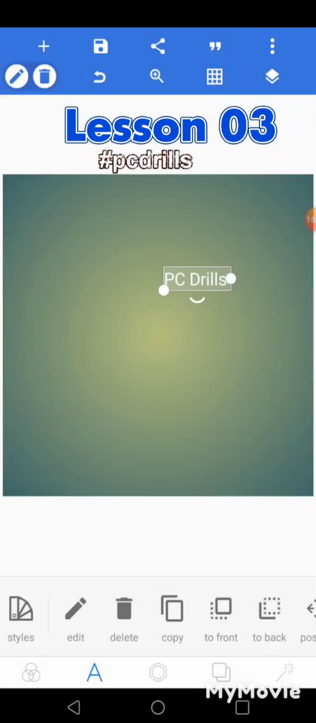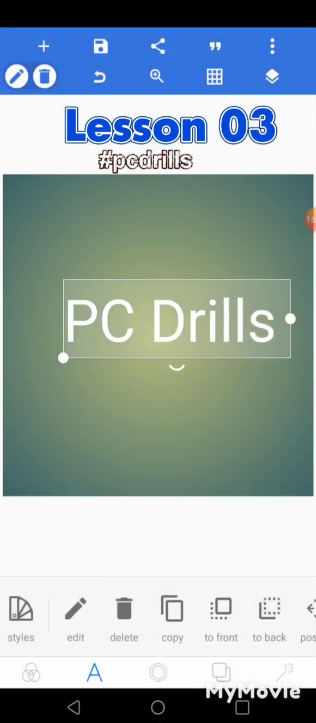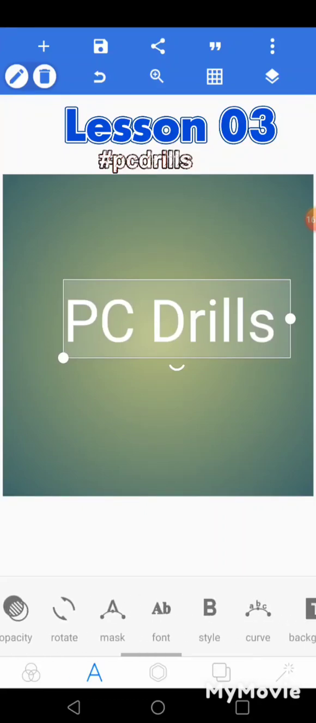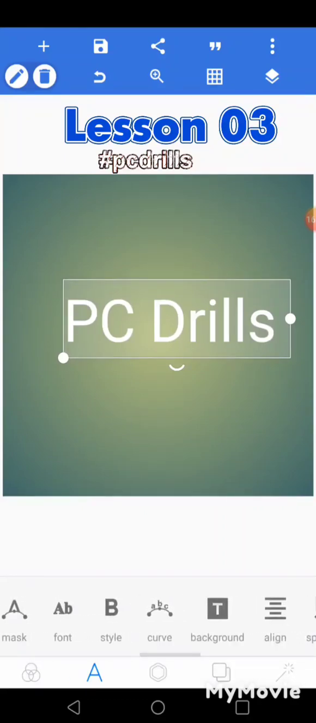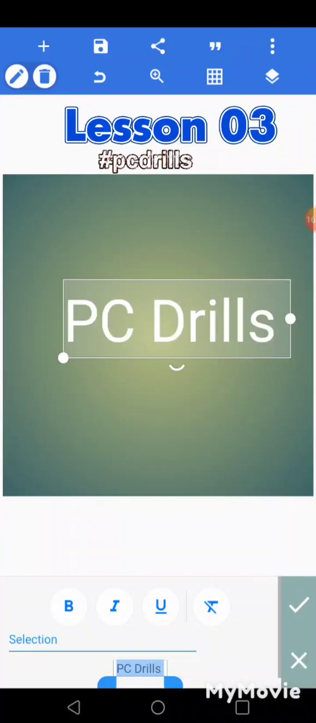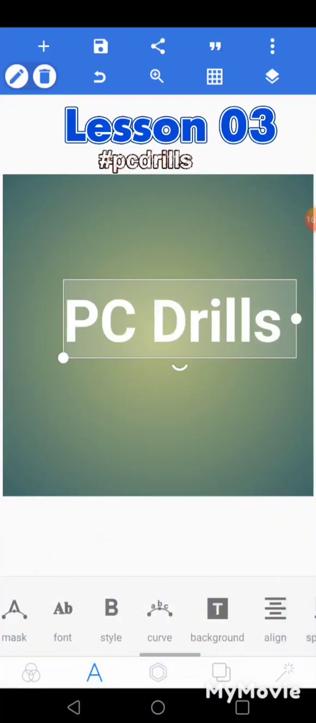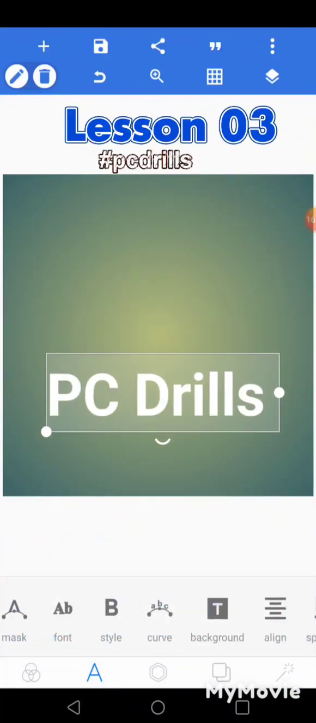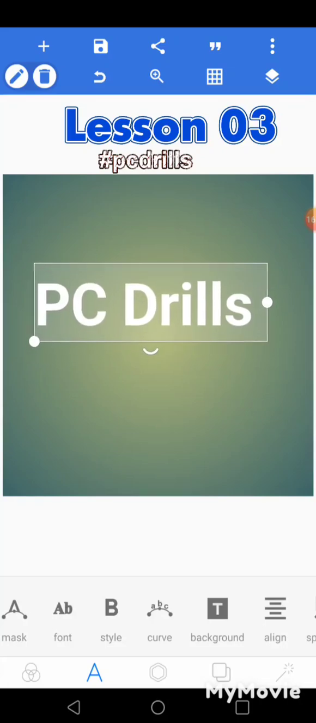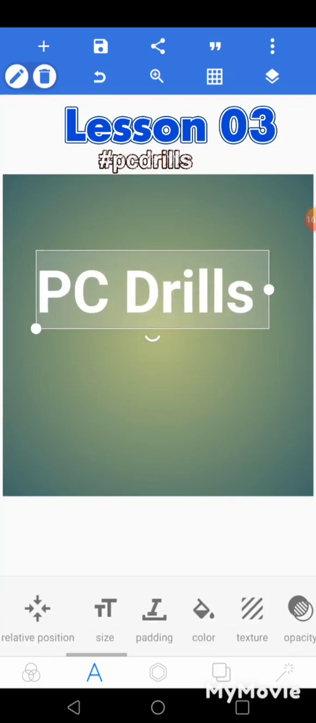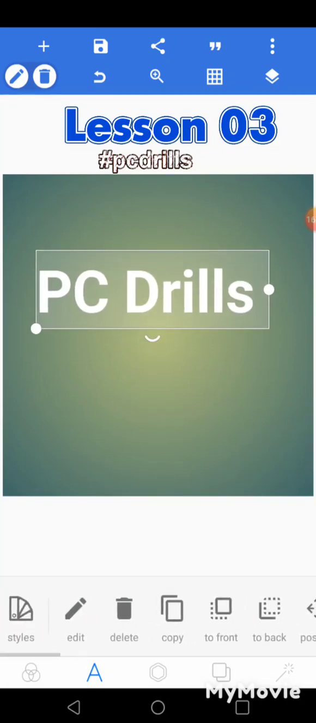Take OK. Can zoom it if I want, and then I can go and modify the style. Let's say put it to be bold. Take OK. Let's say I want to add another text. I'm still with the text